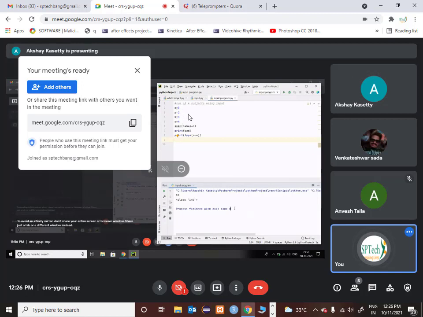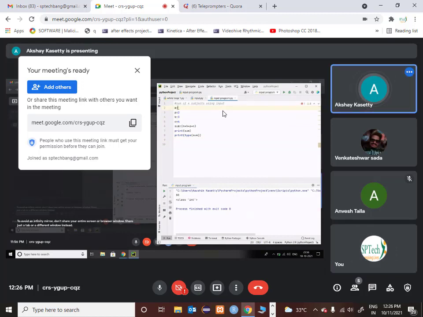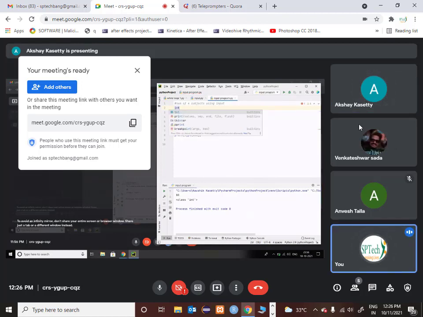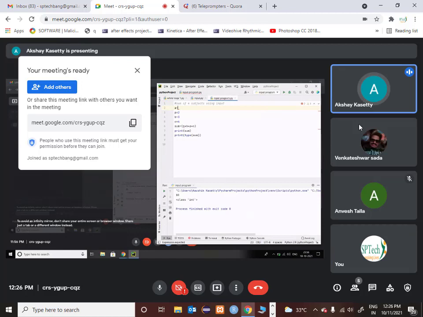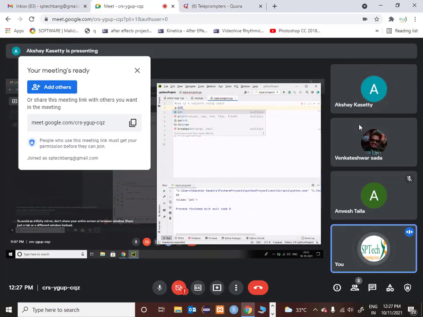You modify right away. You remove that 1 there in the first line. You say a is equal to int, and open the brackets.